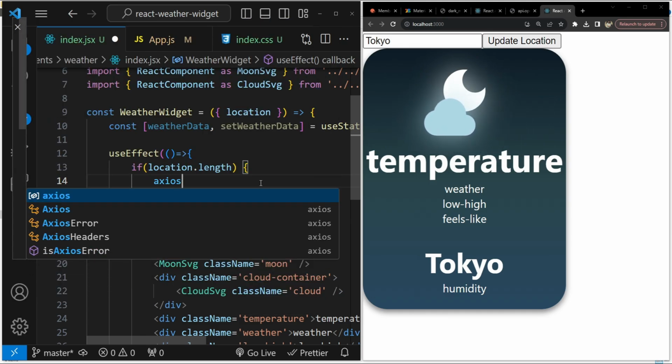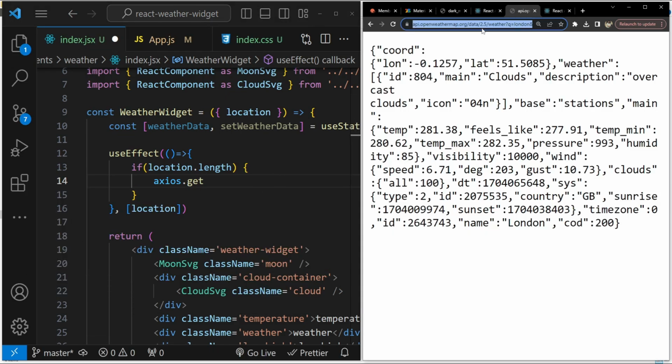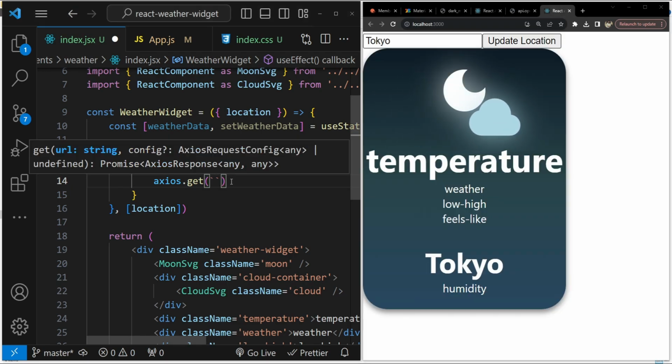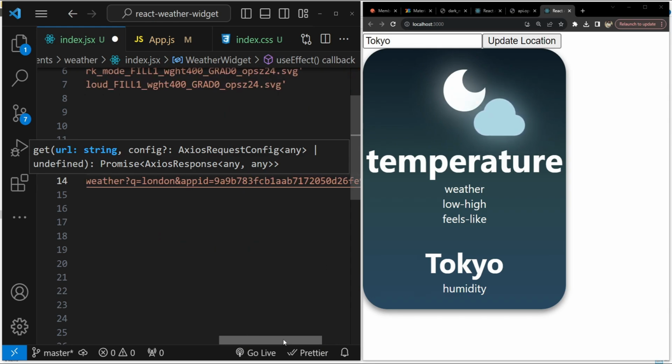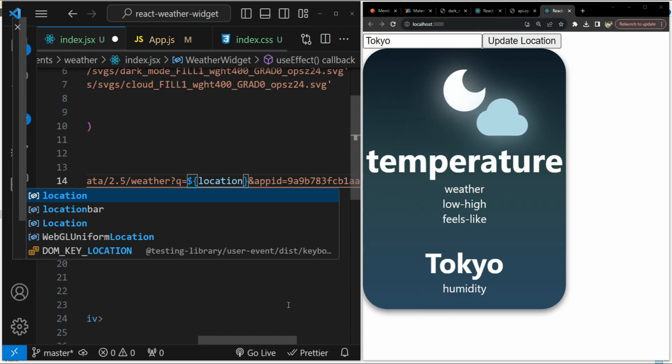So now let's call Axios.get. Now remember this API URL, so let's use it over here. So Axios.get, and then let's use a template string. This is our app ID. For q we can provide the location directly here,